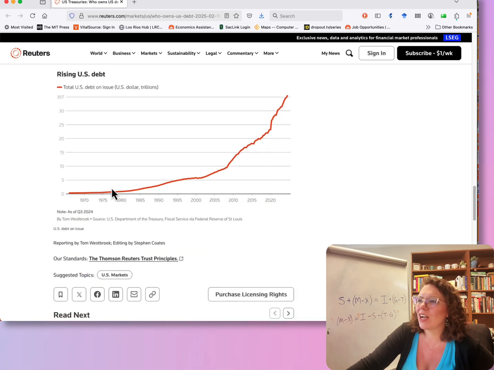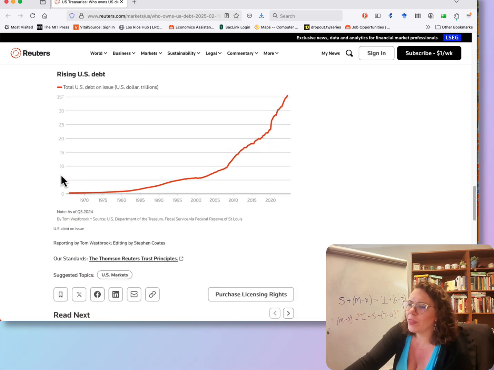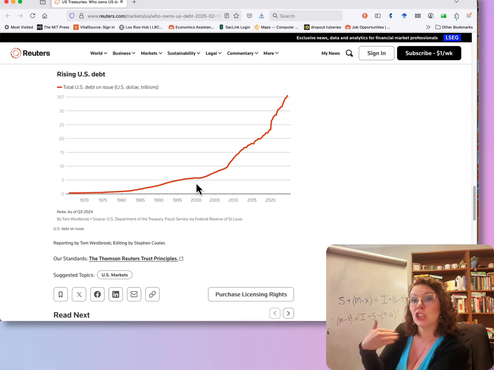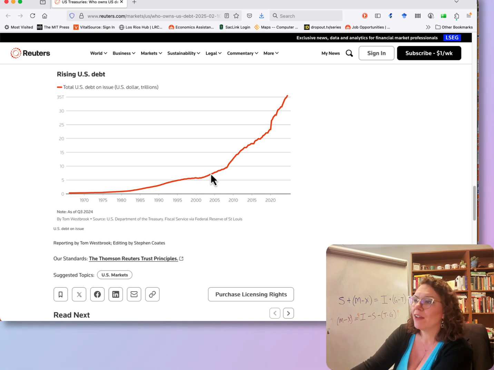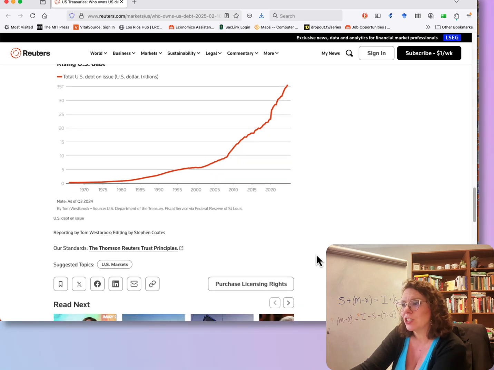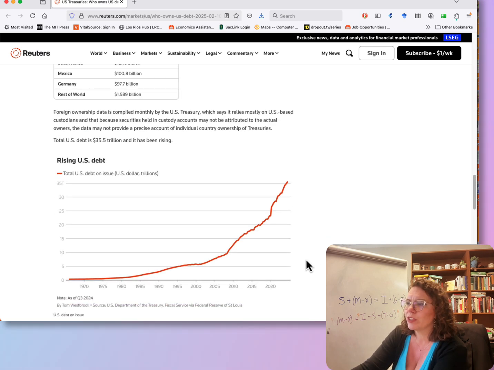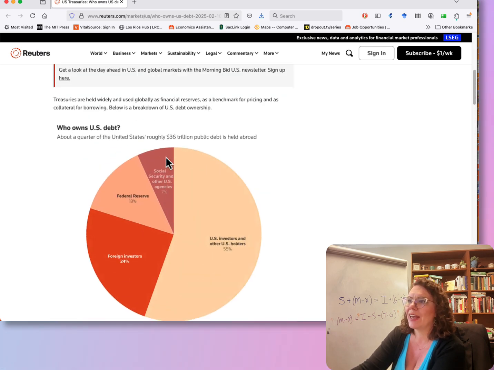And then here we can see the rise in debt over time, the ballooning US debt that we see over this period of time. You can see it flatten out here. In the early 2000s, the U.S. was actually running a budget surplus, so we were not accumulating more debt. We weren't adding to the total debt, but then that flipped around when we had a financial crisis. And you can see big spikes in debt when we tend to have financial crises, because those usually mean reduced revenue and increased expenditure. So I just thought that was a great little resource and a great way to kind of look at how that debt works.